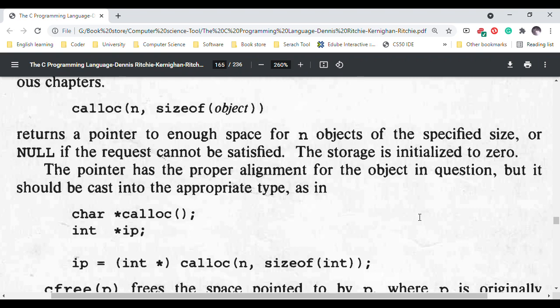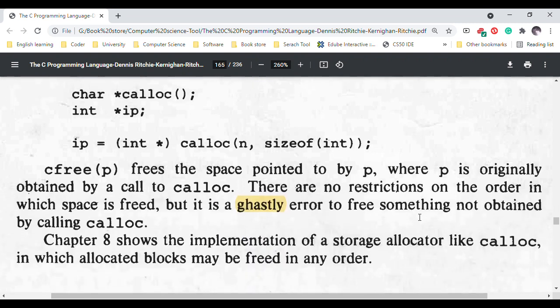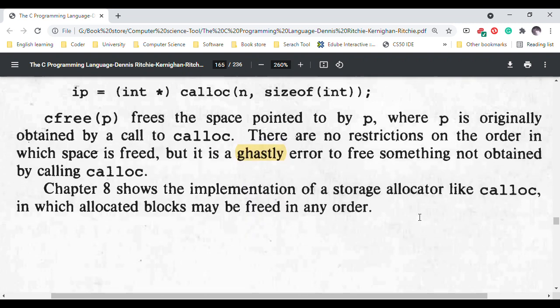The pointer has the proper alignment for the object in question, but it should be cast into the appropriate type, as in